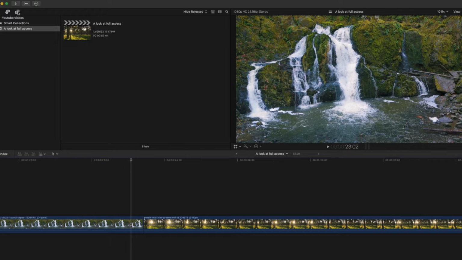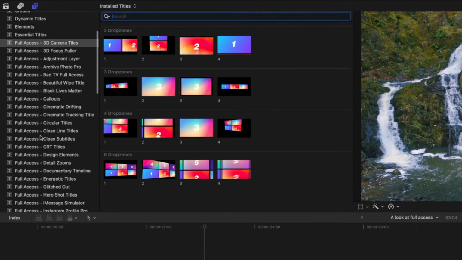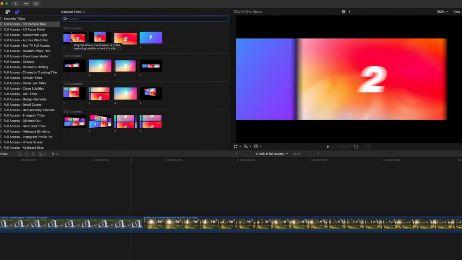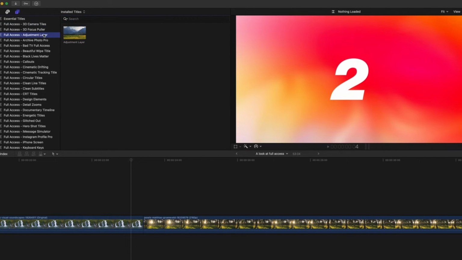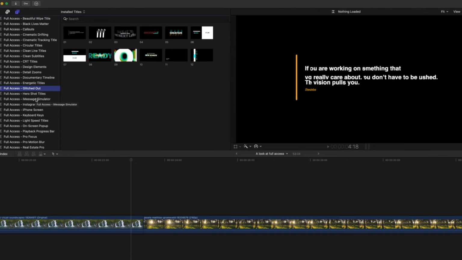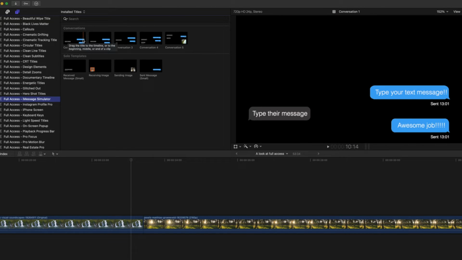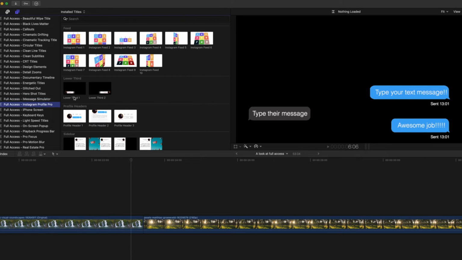We come over to titles. There's also a lot more. So you got 3D camera tiles. You have an adjustment layer, cool different design elements. This one saves a lot of time. It's an iMessage simulator. So if you're ever trying to do like an iPhone text message thing, this makes it very easy. Then you have Instagram Profile Pro,